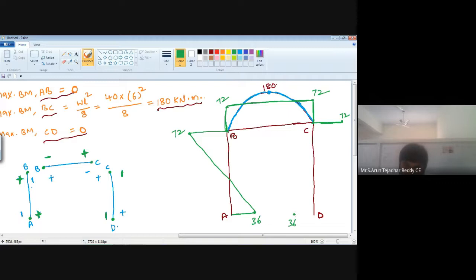So mark that point. Like this. Yes. Okay. Now our bending moment is